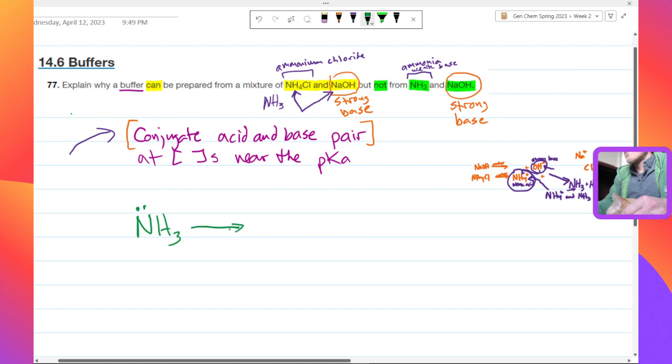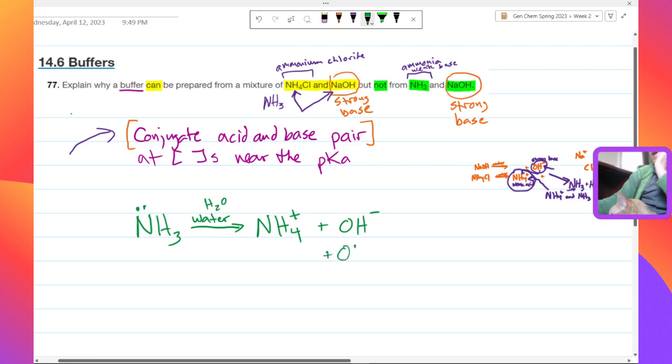So when that goes into water, if anything, it becomes NH4+ itself, its conjugate acid. The water, H2O, just gave one of the H's to the ammonia and is now OH minus. So that's going to happen. So if we add more OH minus,